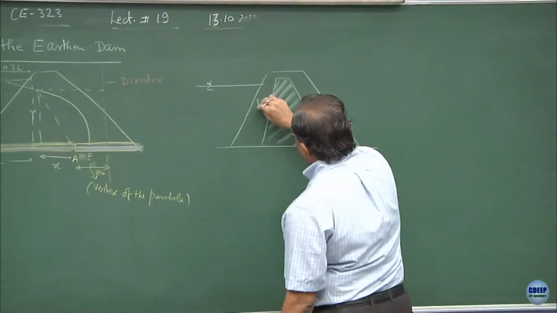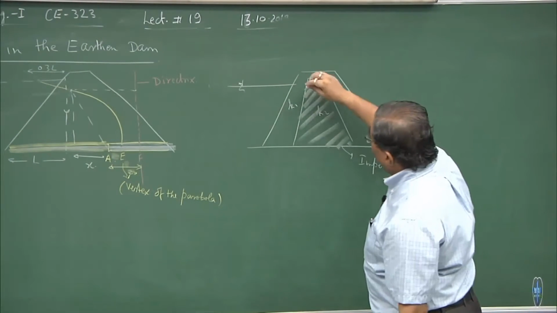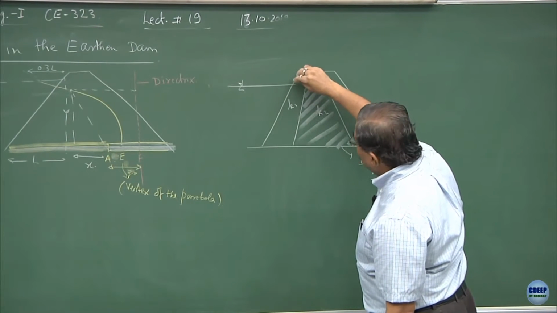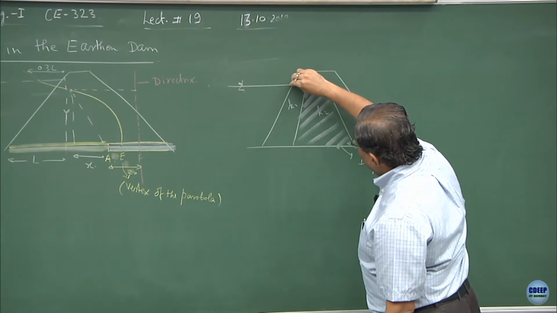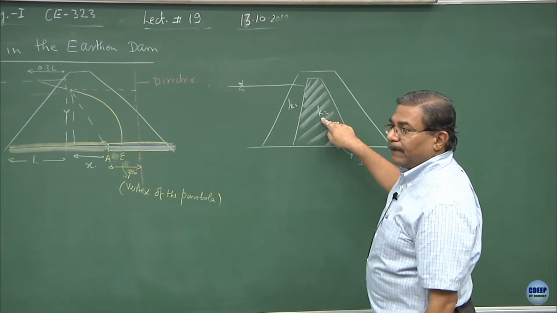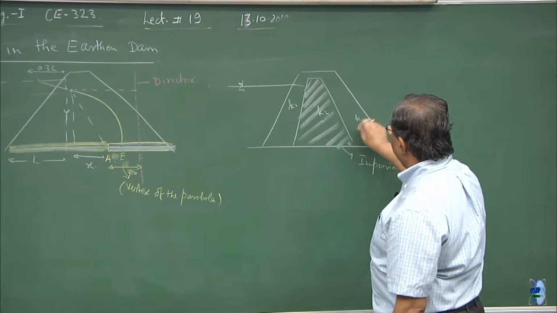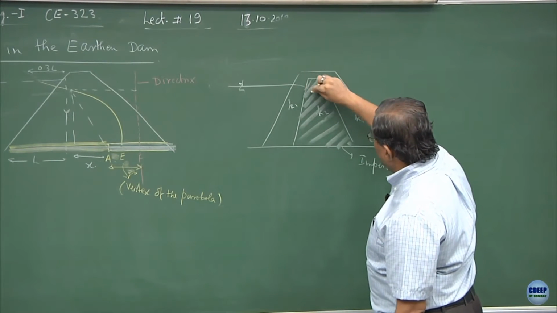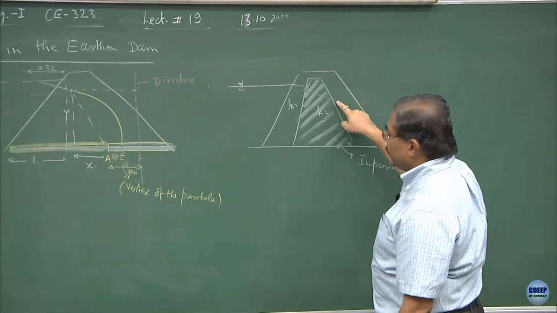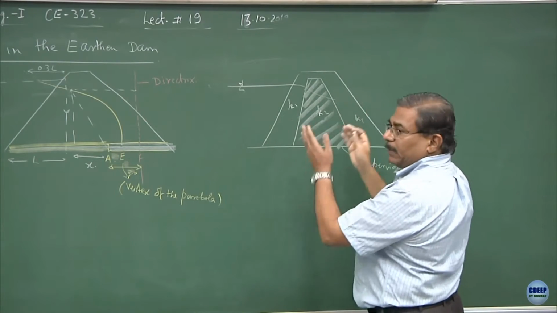If I consider this permeability as K1, this permeability as K2, and if you realize how the flow lines are going to travel through them, what is going to happen? This flow line comes, hits the second layer of a different permeability. The same thing is valid when we go from K2 to K3. So, the moment this comes out of the system, depending upon K3, there is going to be a deviation in the top flow line. So, this becomes a case of the interface.